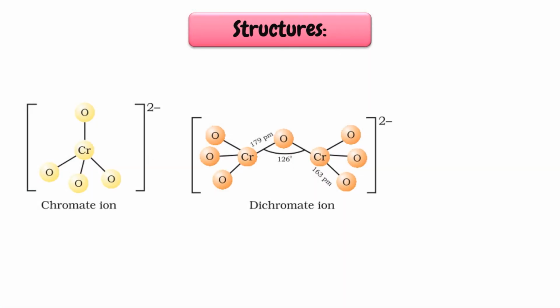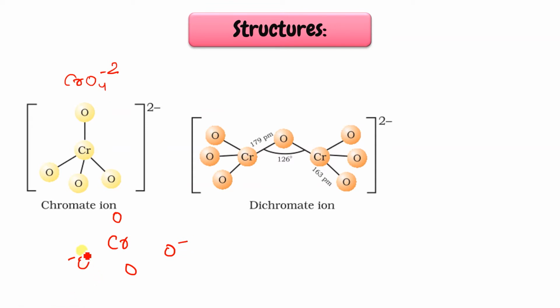This is about the structure of chromate ion and dichromate. Chromate ion, as I told you in the previous slide, has the formula CrO4 -2. You can draw this structure in this way, and I think you are well expert in this drawing because you have done it in the p block. Let me draw this. This is chromium over here and 4 oxygens on 4 different sides, tetrahedral. Then for the 2 minus, just put 1 negative on this oxygen and 1 negative on this one.